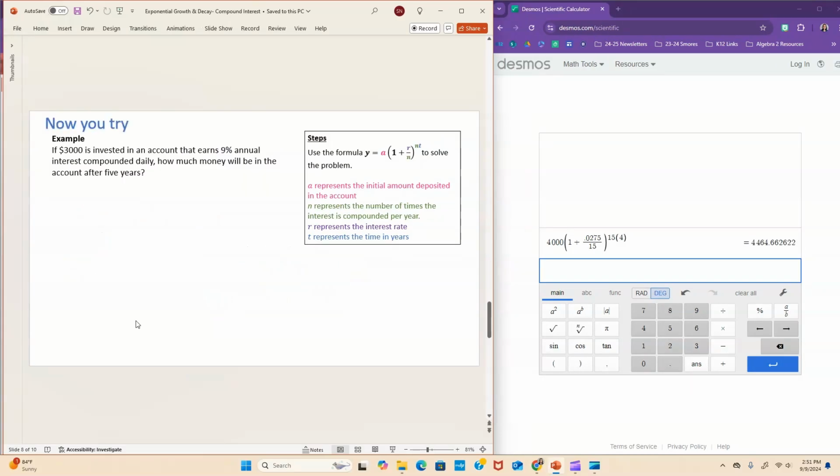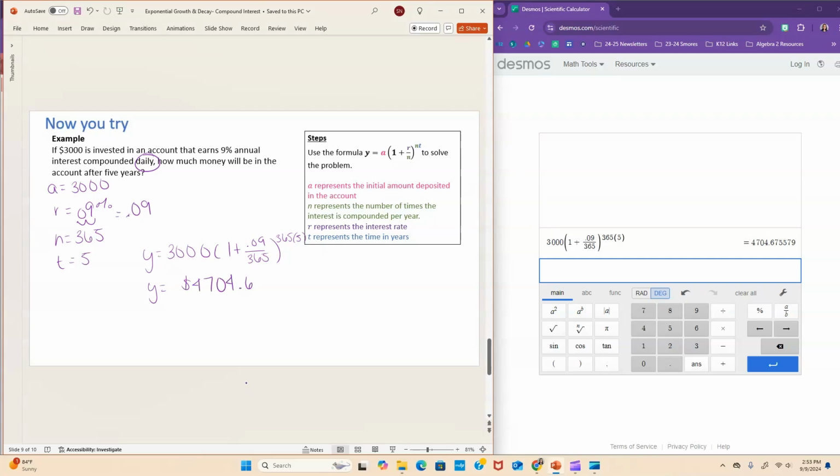So now you can go ahead and pause the video and try doing this example on your own. Okay, so in this problem, you should have gotten approximately $4,704.68. Okay, so how do we get that answer? So it says they invest $3,000, so that's our value of A. 9% converted to a decimal is 0.09. Compounded daily means n equals 365, and then 5 years tells us that t is 5. So we have 3,000 times (1 plus 0.09 over 365), and 365 once again appears in the exponent, right? Because we have 365 times 5 as our exponent. We plug that into our calculator, we get